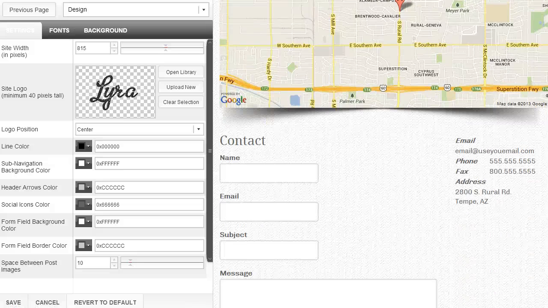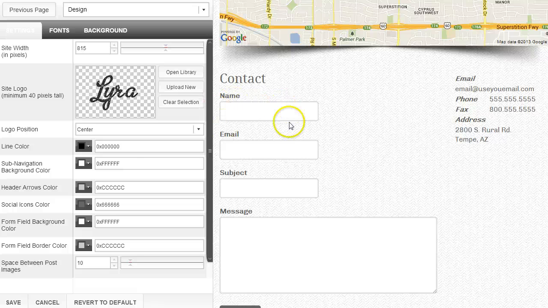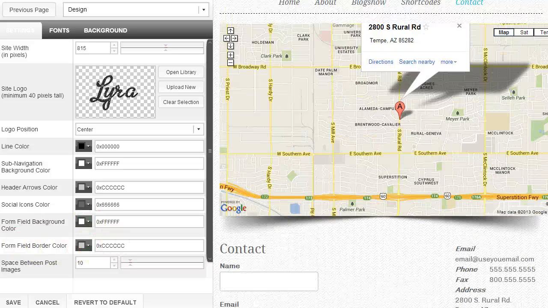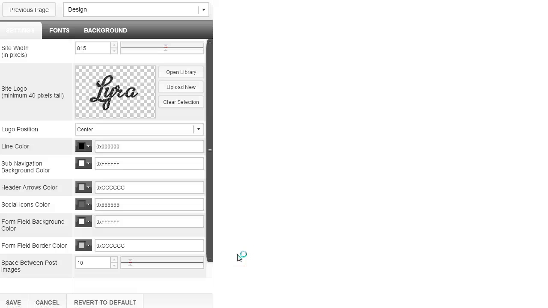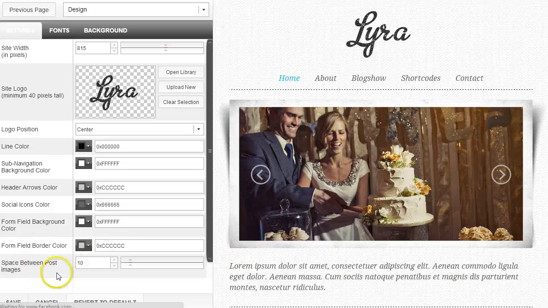Anytime you have a form field, you have this inside color and then you have this border color. So we have right now the inside color as a white, and then we have the border color as a gray. And you can change those there. So if you wanted to get rid of the gray, you can just turn it to a white, and then you can have an all white field. Or if you have other colors in the background that are going to clash with that, you can change that as well. So let's go back to the main blog area,